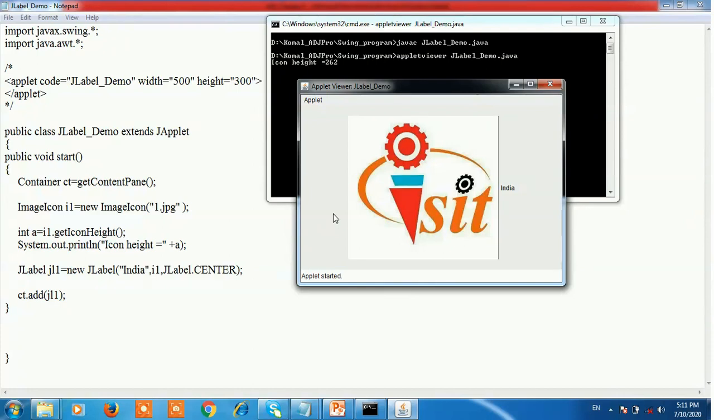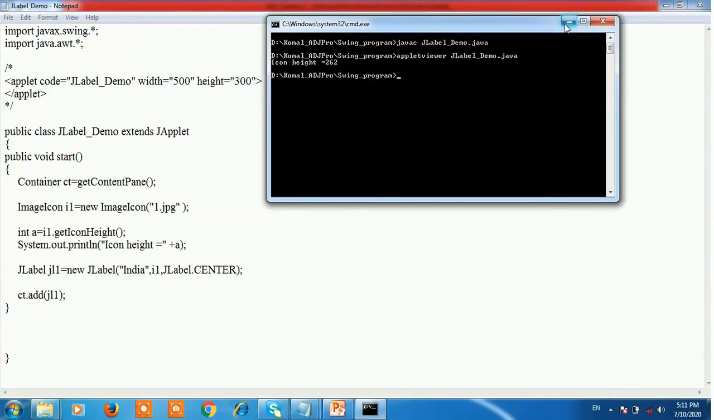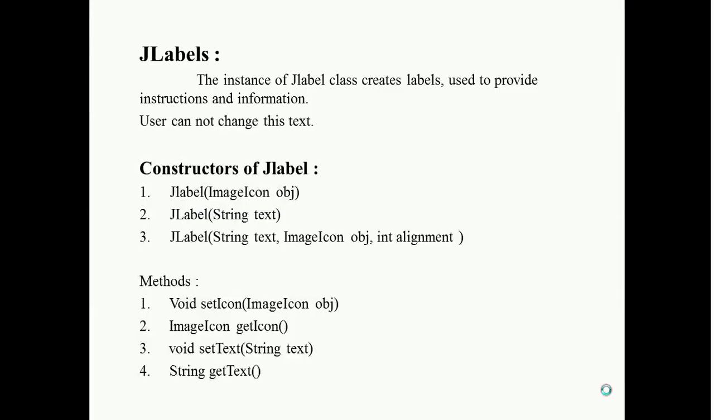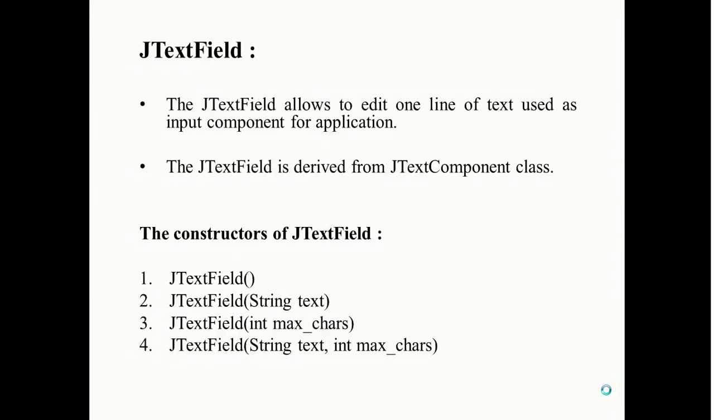This is a sample program of the JLabel and image icon. Now next see the text field. The JTextField allows editing one line of text, used as an input component for the application. The JTextField is the simplest and most widely used Swing component, and this JTextField is derived from